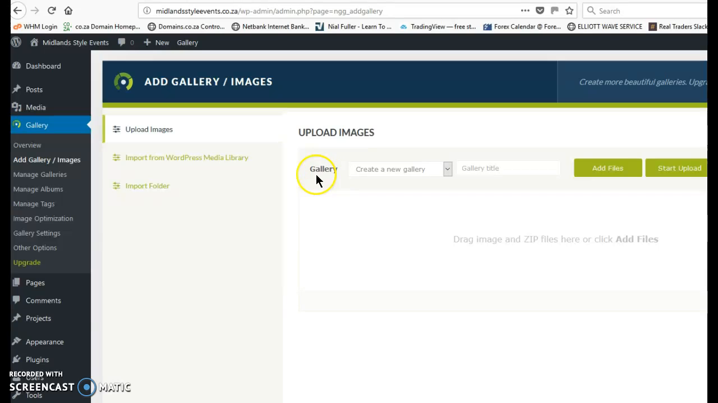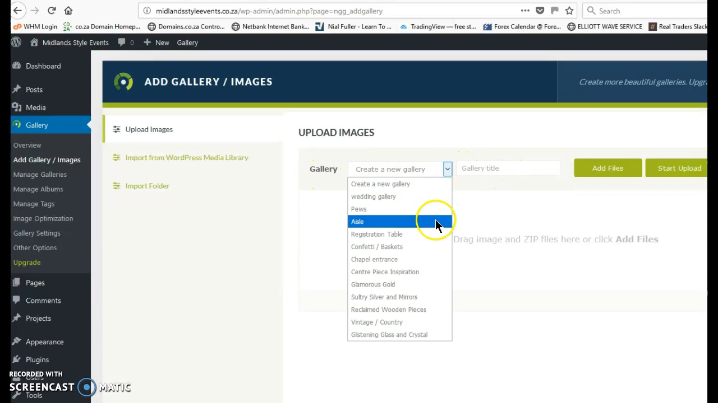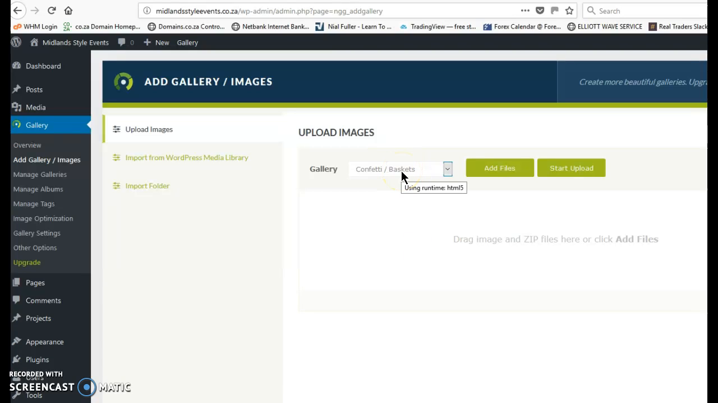Okay, so create a gallery. Basically, it says create a new gallery and type in the title. Over here, you'll see all the galleries that have already been created. If you wanted to, let's say, go to this one and add more pictures, go to add files,